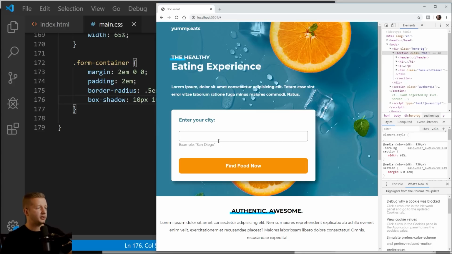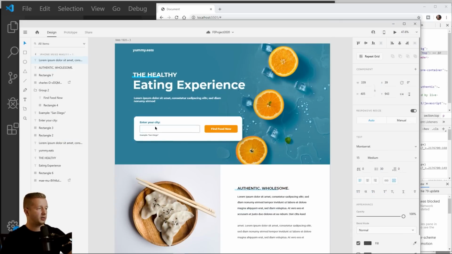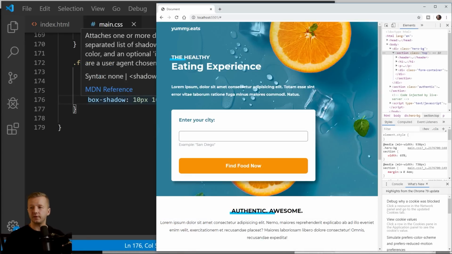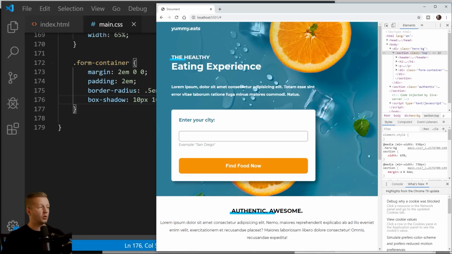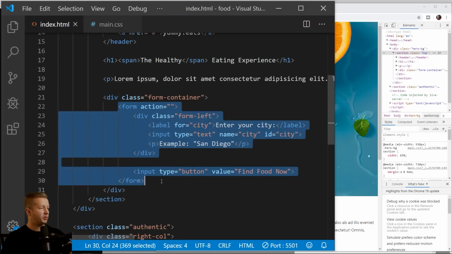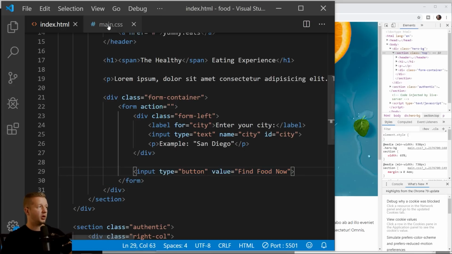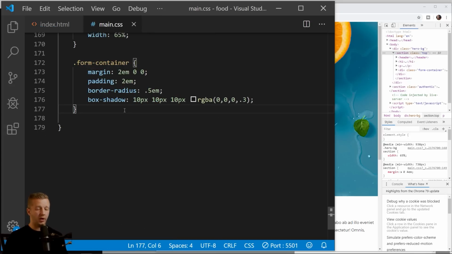So now there's something wrong though. We see that these are stacked on top of each other, but right here, they're not. They're actually floated left and right of each other, which I discussed when we were setting up the HTML. So we have to do a little bit of work on that specifically. So what we're going to do, we're going to check out HTML. We have form. It's the overall container for both of those columns, this column and the button. So we're going to make it a flex box container. So we're going to say form